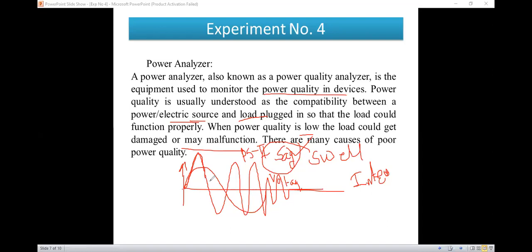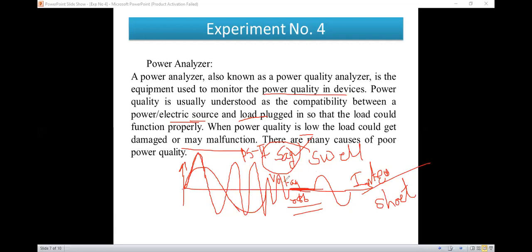Swell is nothing but the system undergoing an under voltage condition. Under voltage म्हणजे जे rated voltage आहे त्याच्यापेक्षा कमी voltage ला असेल for a short time, it is nothing but swell. And the interruption is nothing but the system voltage being interrupted for some time. Somewhat time ला काय होईल, system interruption होईल. That means system voltage should be off, that is the system should be at off condition. This is nothing but interruption, not for a long time, just for a short time.